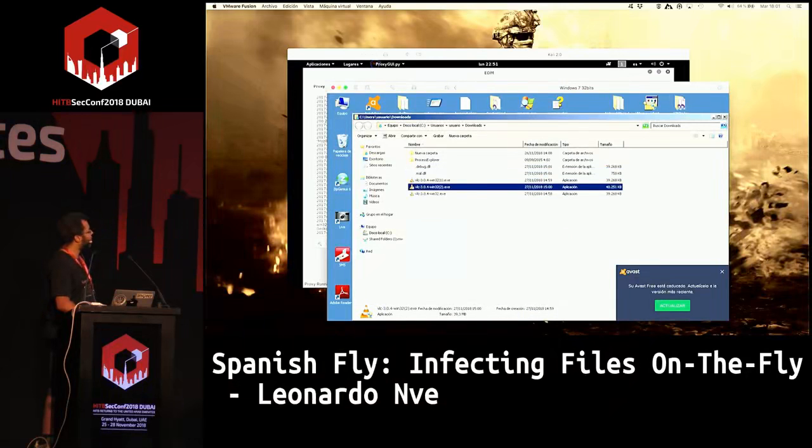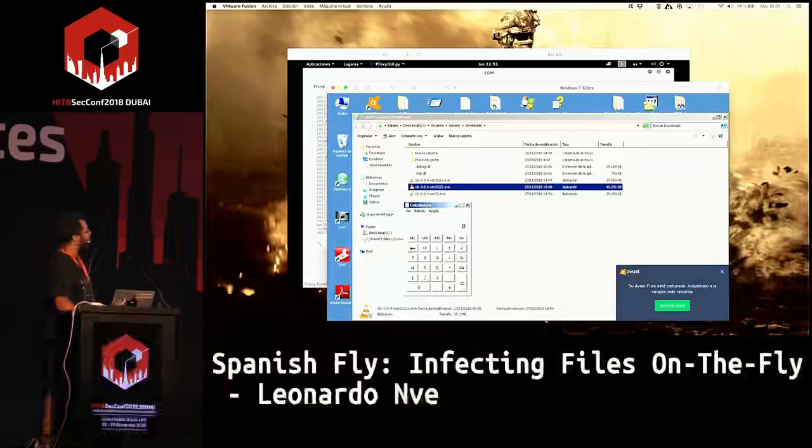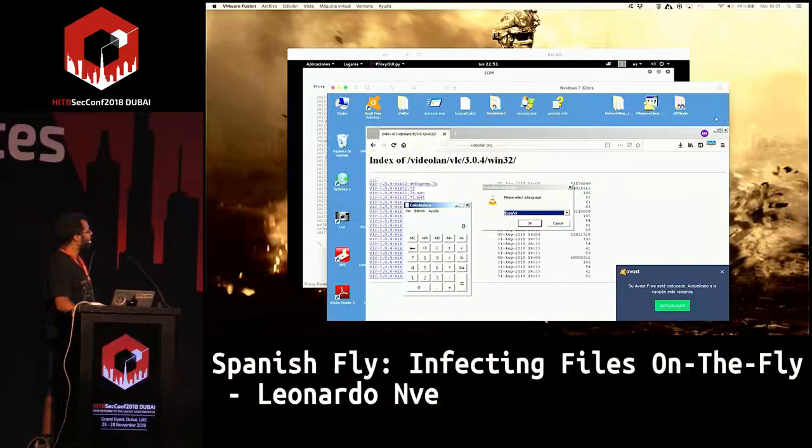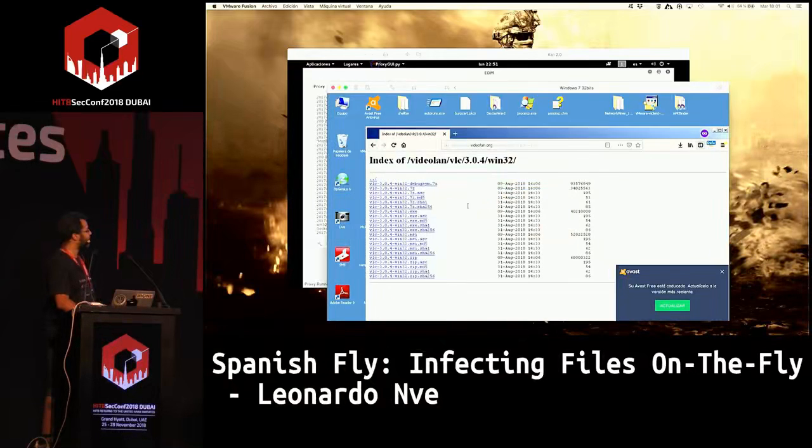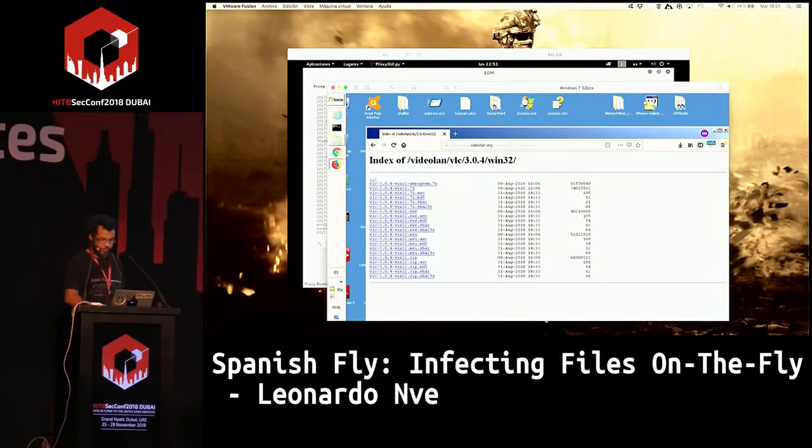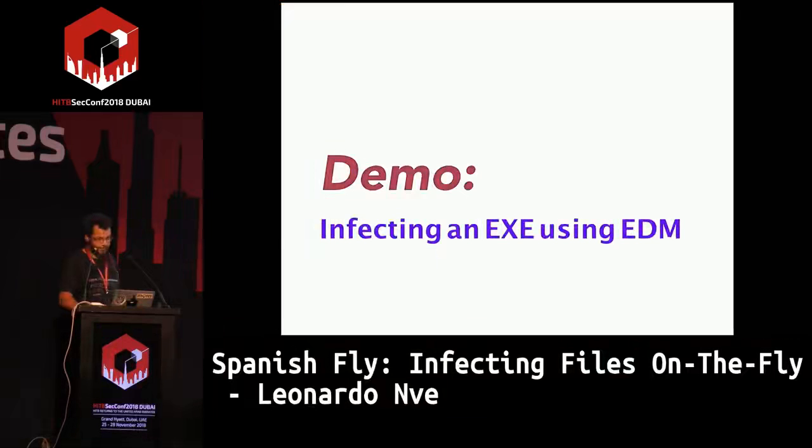But if we execute it, we have the calc, okay, and the installer. We have both. And it was transparent for the target. Okay, let's go back. This is the demonstration for the exe file.